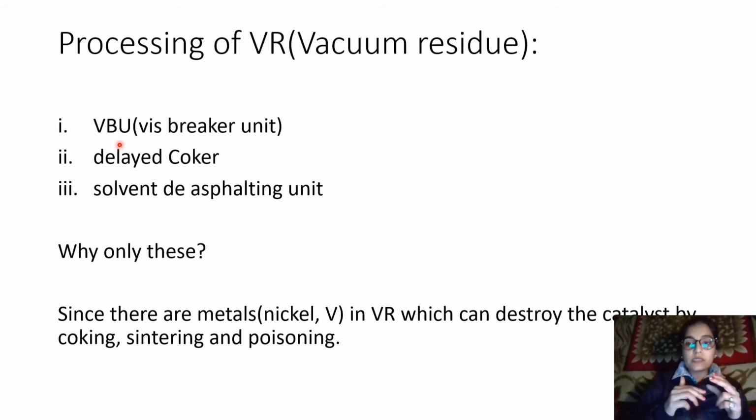So the processes which involve a catalyst cannot be used because the metals poison or eat up the catalyst. Since metals like nickel and vanadium are present in vacuum residue and they destroy catalysts, we can use only these three, not catalytic processes. Okay, then